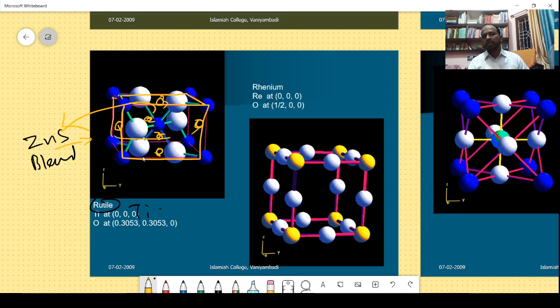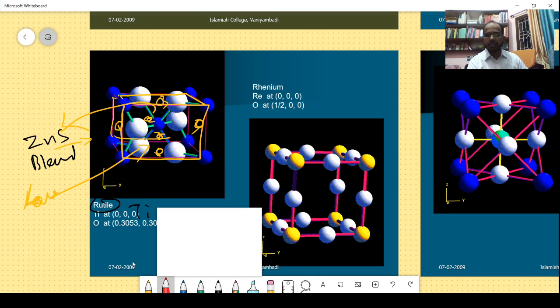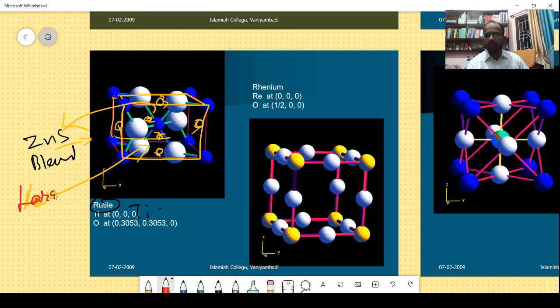This is missing because titanium is larger in size compared with zinc. Okay, so you can work out for yourselves how this rhenium oxide is having this structure, and these are all oxygen